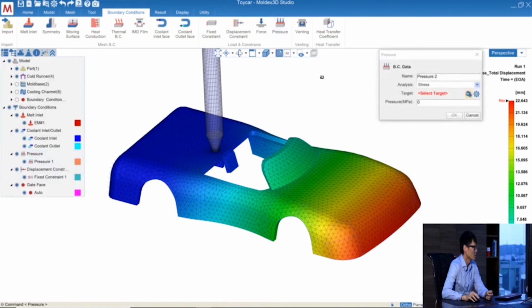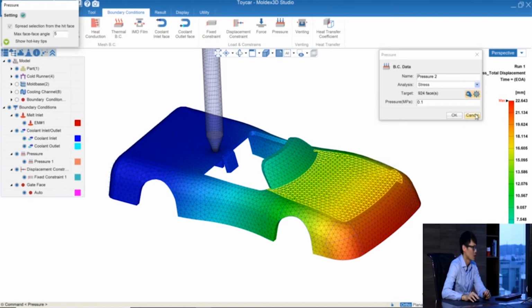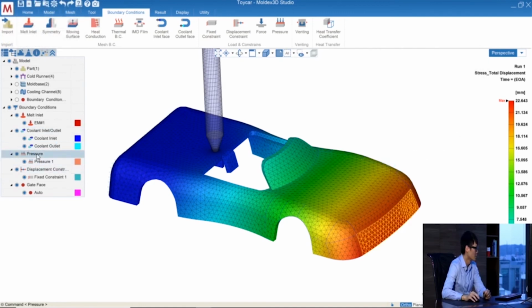Or we can click this one to give pressure and select the surface where we're going to apply the pressure. But I already have it here, so we can always go to the model tree, right click,